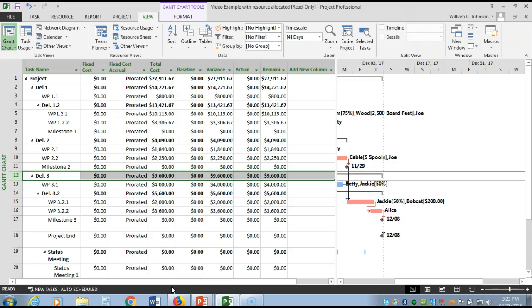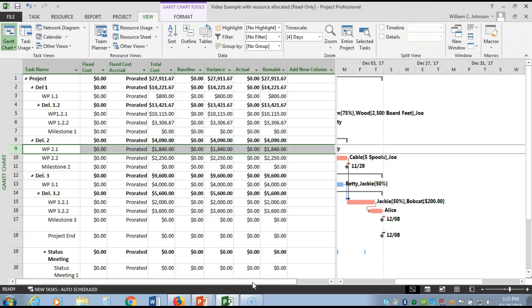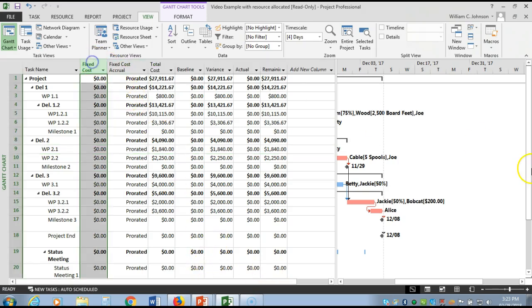its cost. So each work package, etc., you can see how much each of your work packages and your overall deliverables are costing you here in this table. Pretty handy, really. You'll also notice that there is this fixed cost